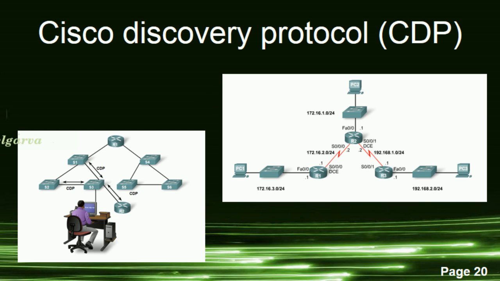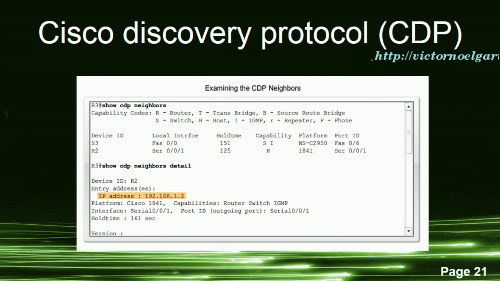Notice the difference between Layer 2 and Layer 3 neighbors. The switches are not neighbors to the routers at Layer 3, because the switches are operating at Layer 2 only. However, the switches are Layer 2 neighbors to their directly connected routers. CDP operation. Examine the output from the show cdp neighbors and show cdp neighbors detail commands in the figure. Notice that R3 has gathered some detailed information about R2 and the switch connected to the Fast Ethernet interface on